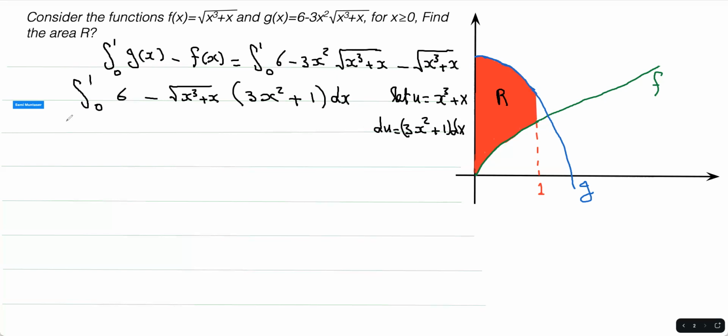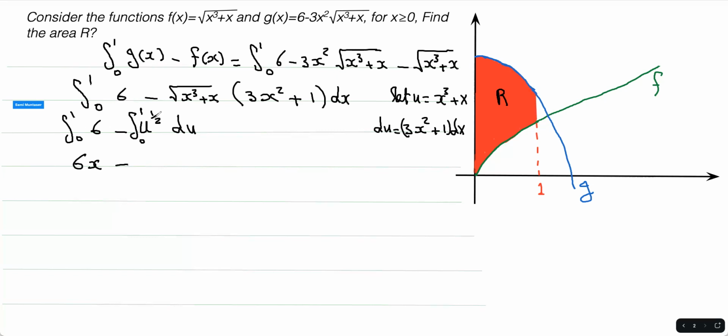And therefore, to integrate this between 0 and 1 of 6 minus, now since we made this u, this is going to be the square root of u, and the square root of u is the same as u to the 1/2. And all of this here is du. I'm just going to put an integration sign here between 0 and 1 so we can do things separately. Now here, this is going to be 6x